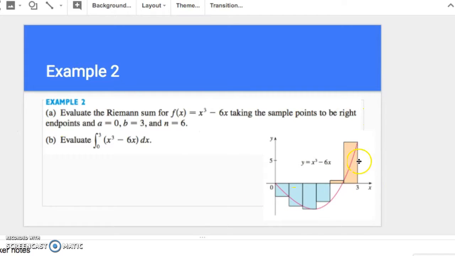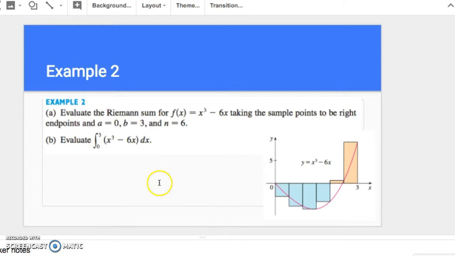They want us to take this curve and they graphed it for us. And they want us to evaluate the sum. First, we're going to do it the old way and have right endpoints, just 6 rectangles, which they drew for us. And then we're going to do it using the new notation and find the true area under the curve